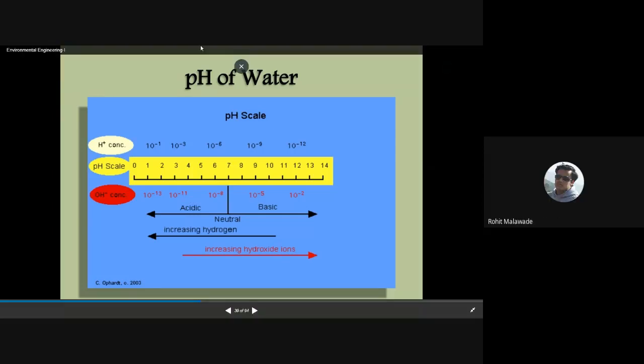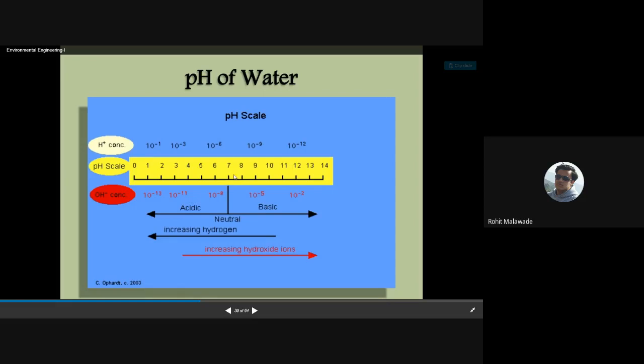Sorry, there was an interruption in between. Now we were discussing the pH at lower ranges, from 0 to 7, where it is a strong acid. If it is near 7, then it is in the neutral range. Near 7, it is close to neutral; 7 is neutral.